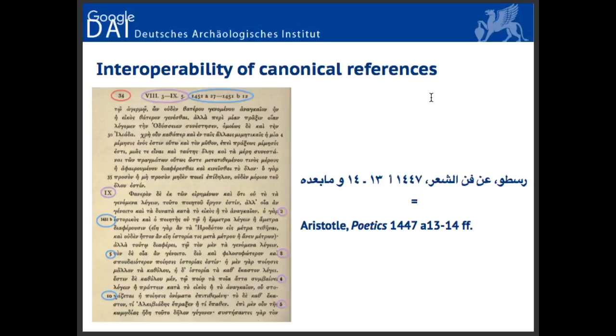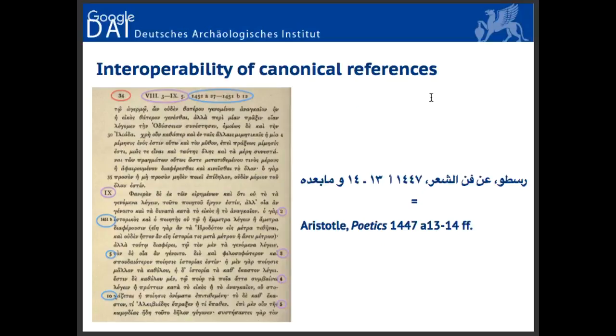Like you can see here, for example, you have a canonical reference in Arabic, and thanks a lot to Usama, because I have no clue about Arabic whatsoever, for helping me find in a commentary about Aristotle a reference in Arabic to it. And then you have just a reference in English. The canonical citation scheme used by the two is the same. It's translated in two different natural languages, but the citation scheme is the same. And it's the one established by Becker in the 1831 edition of the text.